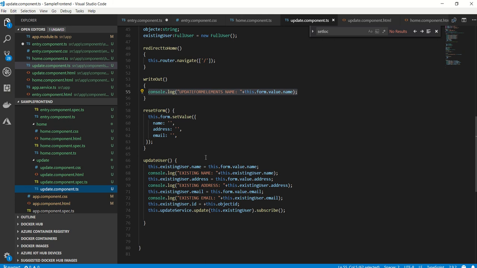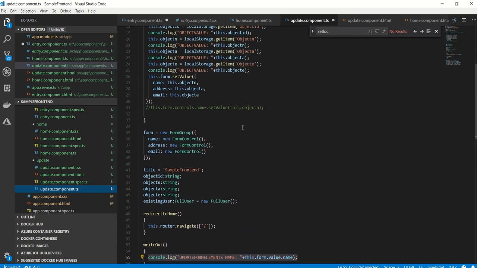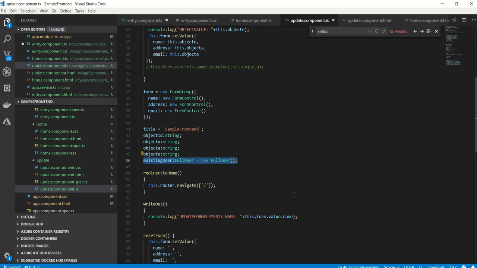That's why. And then the update user is the most important because here is where we update the user. What's happening? Remember, here we created an existing user variable. This is a full user, it's called a full user. And basically, that's where I'm creating that. And then this one should be passed into the service function so that it can be updated in the